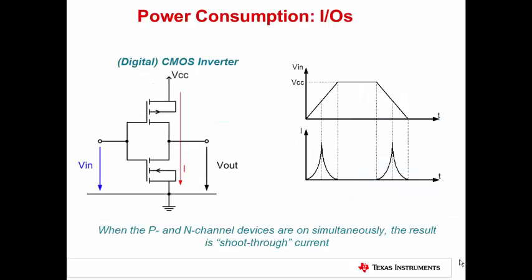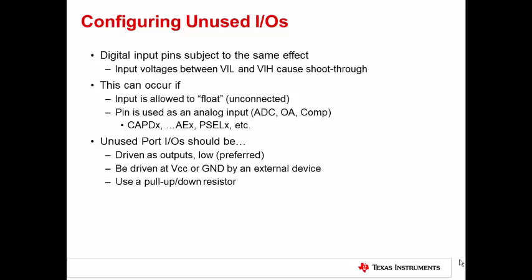One of the most common reasons for power consumption being higher than expected has to do with GPIOs. This slide shows a simplified diagram of a CMOS inverter, but the important thing to remark is that the current consumption when VIN is at an unstable level is higher. The P and N channels are on simultaneously, creating a shoot-through current. This same effect is observed on input pins, where an input voltage between a valid low and a high can